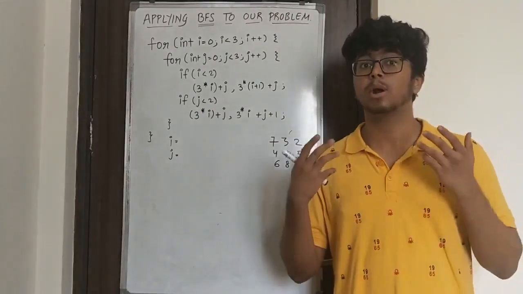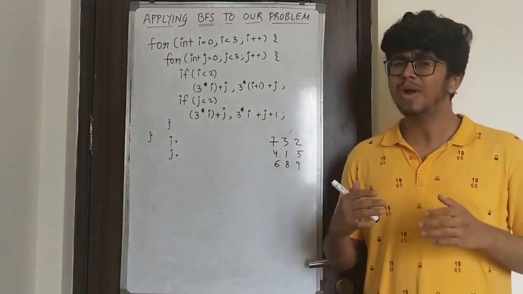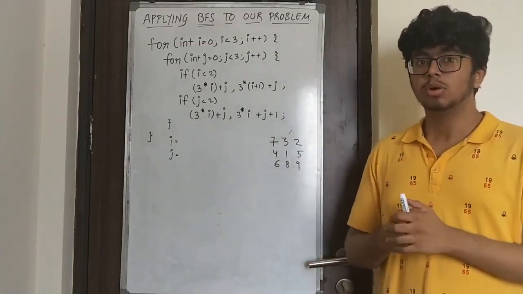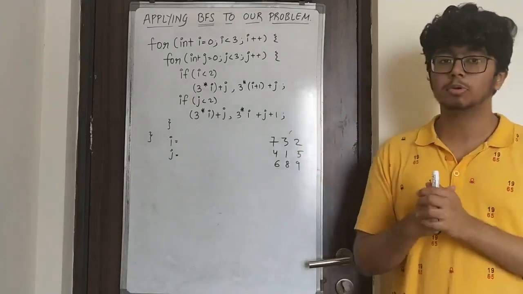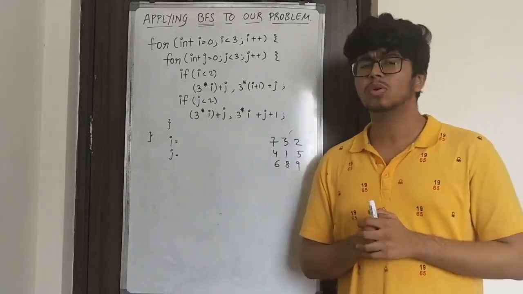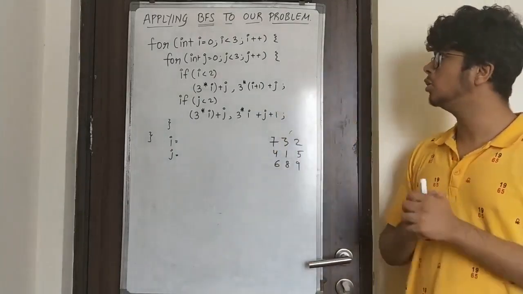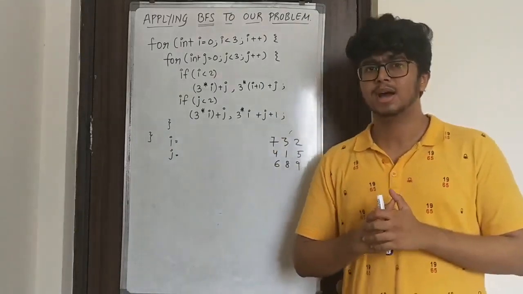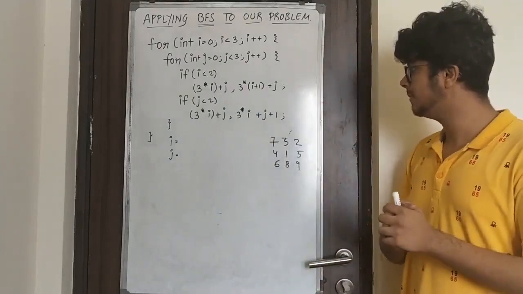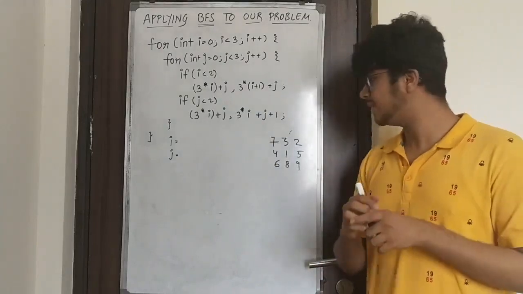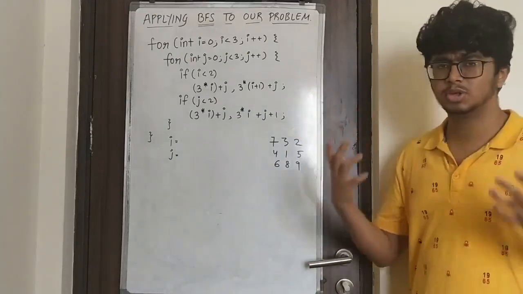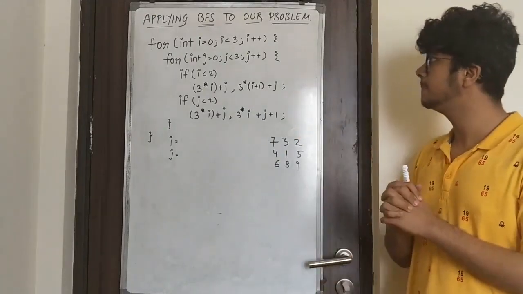Alright, so far we have only looked at the theory behind the BFS, right? We have looked at what is BFS, but how to actually apply this BFS into our problem. So now we would look at the practical approach as to how to apply this BFS to our problem. I have written a couple of for loops over here. Don't worry about that. We would look at it later. But here I have this code snippet, and I have this particular example. You can just use any puzzle for your example.